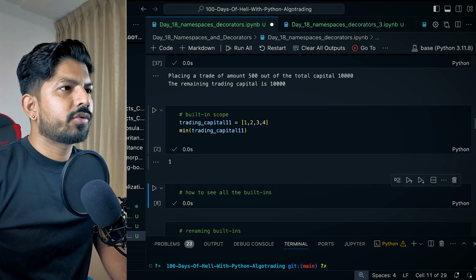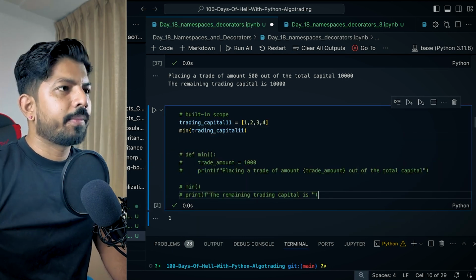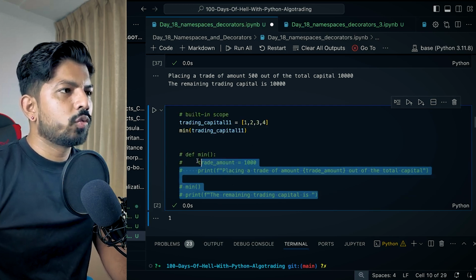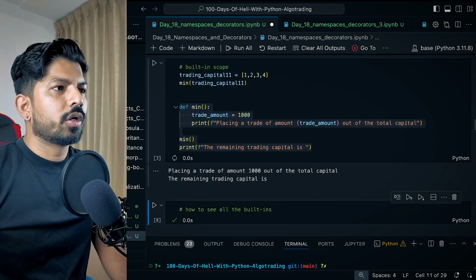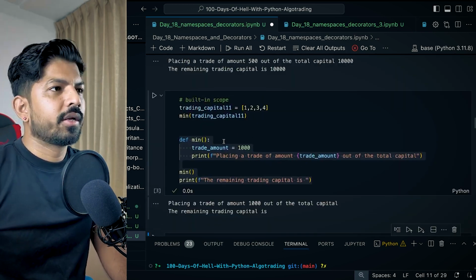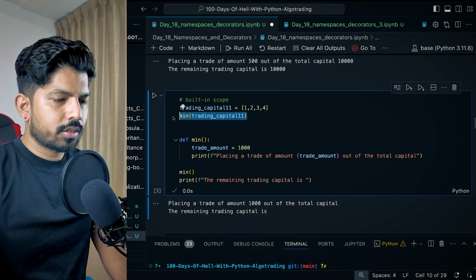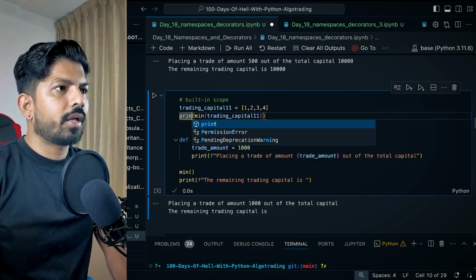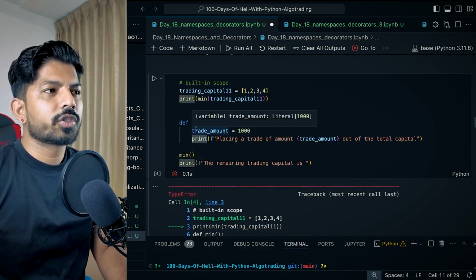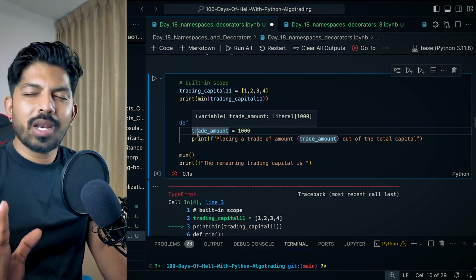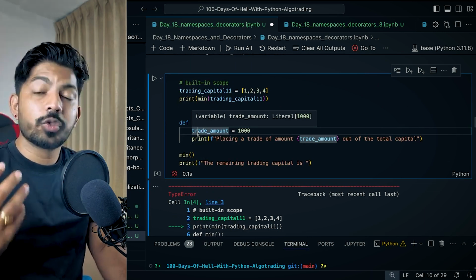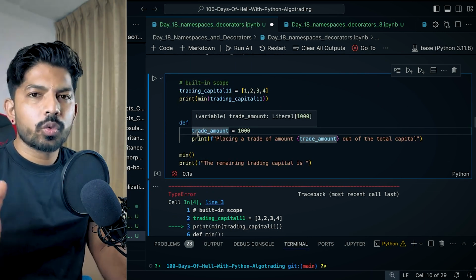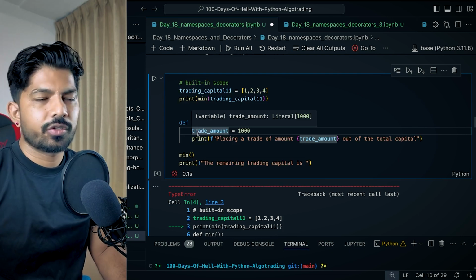So I'll try again. Yeah, it works fine, and I'll paste it back and remove the comment. So now it is working fine, right? If I try to print this now, it should throw an error. It is thinking that we are calling this function here. So that's why you can now imagine, or visualize, that LEGB rule. Keep it in mind. That will be sufficient, right?